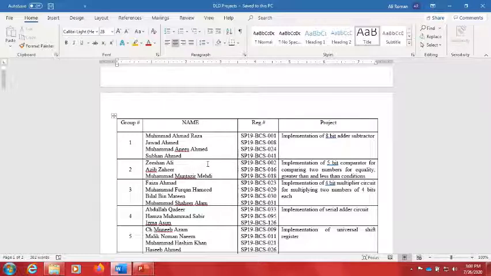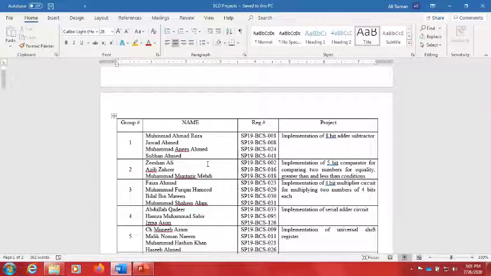So that control signal will decide either we are performing the addition operation or subtraction operation. So what you have to do is, first of all, identify your inputs and outputs, then construct a block diagram, and then see the requirements, that how many modules are required in order to implement the 8-bit adder and subtractor. For the subtraction purpose, you have to perform the 2's complement, because subtraction is a case of addition, and you have to add the 2's complement of the subtrahend to the number so that the subtraction can be performed. So this is the basic idea.